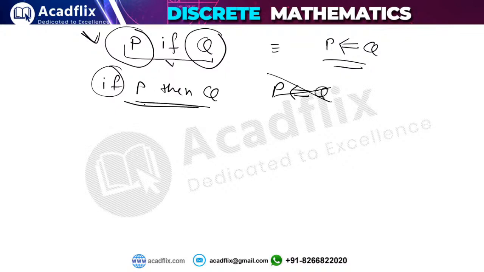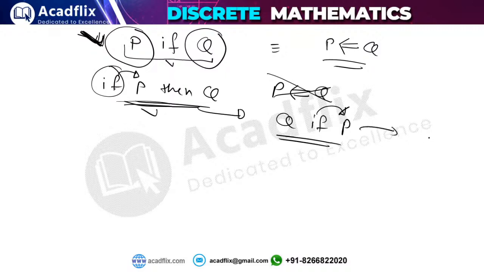For example, if I want to convert this into this setting, this is our correct setting, this is the setting we want. So if you have this statement, then you can convert it into this setting. How will you convert? You can write it like this, Q if P, because this if is with P, you see this if is with P. Now you can apply this trick. The trick says that if goes backward, so now you apply this trick, if goes backward. Okay,